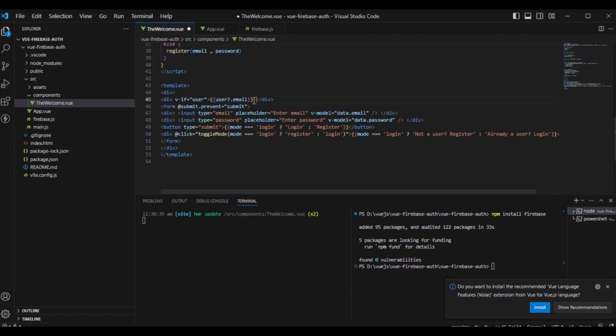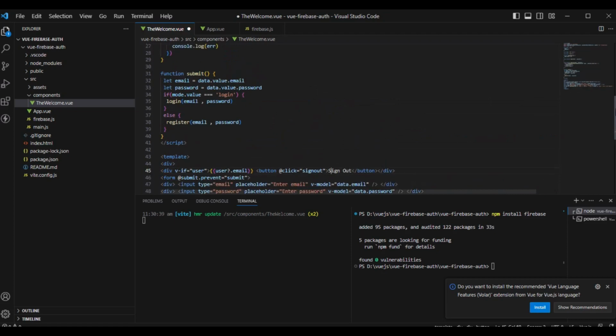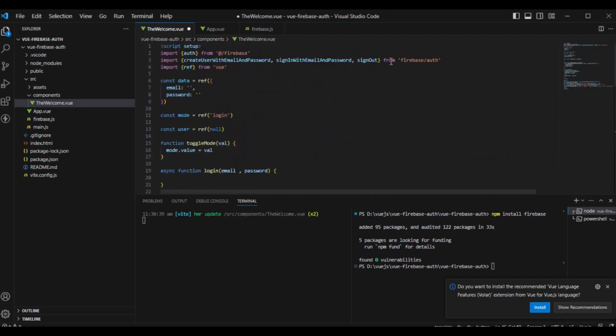And here after that, I will make a new button, and by clicking on it, we'll call the sign out method. I will simply display sign out. Okay, and now we will import one more thing from firebase slash auth, and it will be on auth